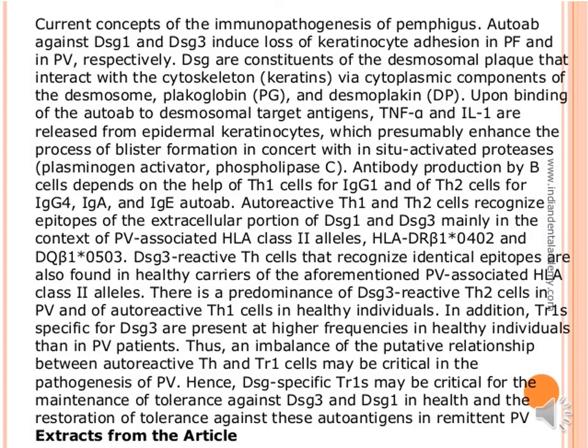Upon binding of the autoantibodies to the desmosomal target antigen, TNF alpha and interleukin 1 are released from epidermal keratinocytes, which presumably enhance the process of blister formation in contact with the site-activated proteases, plasminogen activator,